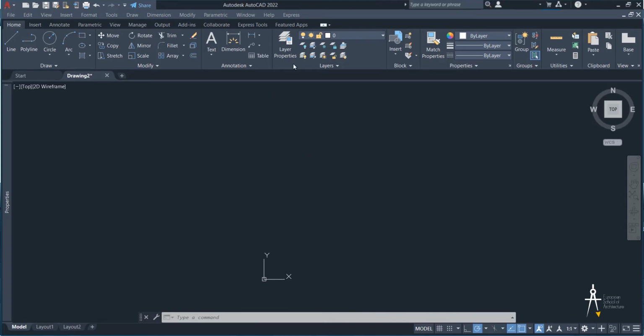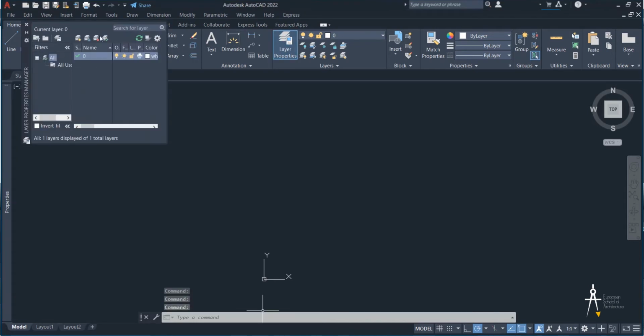Finally, layer properties. This button here, okay, absolutely indispensable for drawing in AutoCAD or in any architectural drawing. If you are not familiar with any program that has layers, well, it's important that you know how to use them and learn them and understand how they work, and being organized with the layers, with the naming of the layers, and with what you include in each layer. So if you click on this button here, it'll show you this panel. Okay,